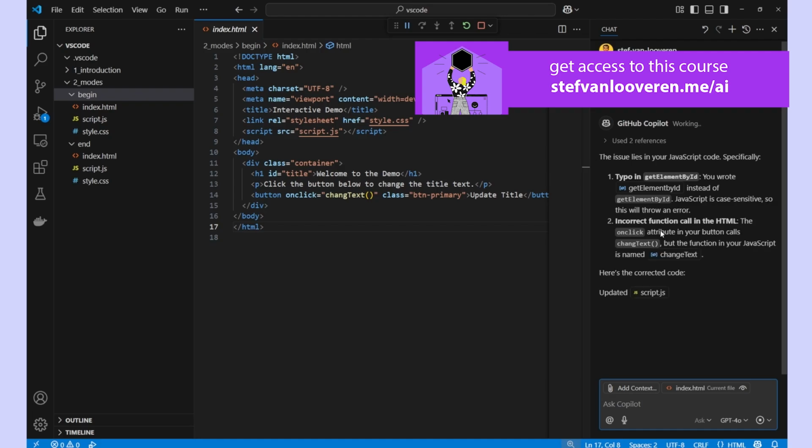And it will say, all right, the issue lies in your JavaScript code, specifically a typo. getElementById is written with, I think, a lowercase b, and it needs to be uppercase. And we have an incorrect function call in the HTML. The onClick attribute